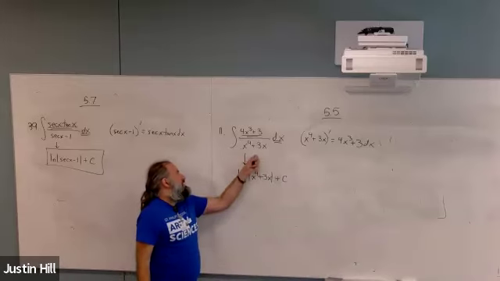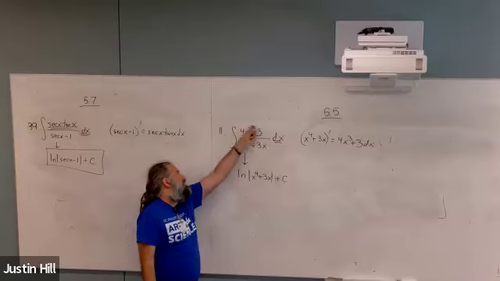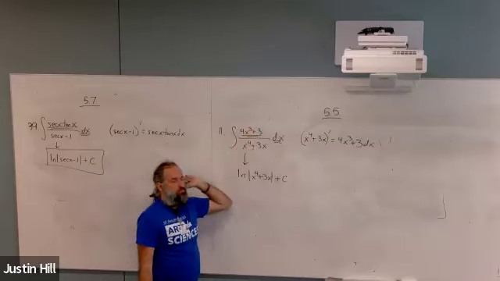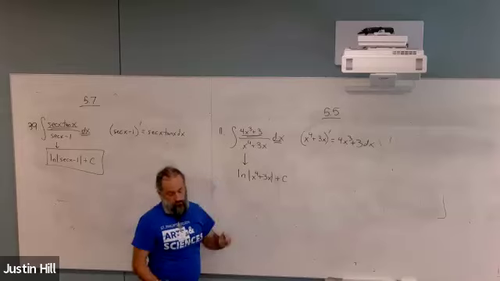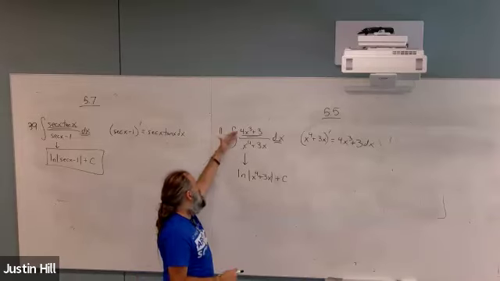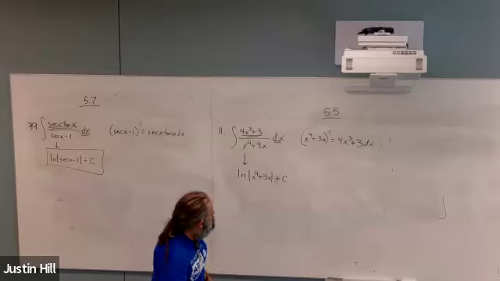And again, this naturally makes sense. This works because the power on top is less than the power on the bottom. We kind of want the top to be the derivative of the bottom. However,